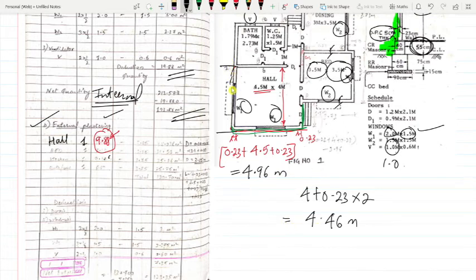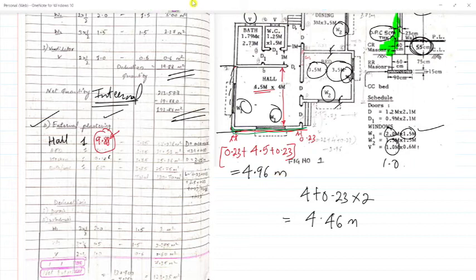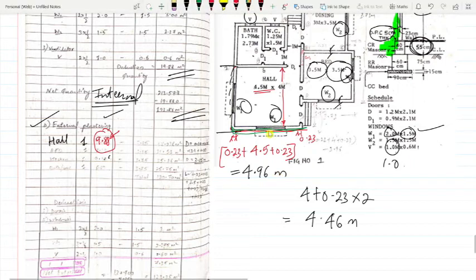See, up till here we have done the external plastering, but this portion also is left out. This portion they have given in the question that it is 1.5 meter width. This is the door, so exactly the door thickness. Exactly they have not mentioned anything about this, but still we can get that dimension. How? I'll tell you. That is 1.5 meters dimension.